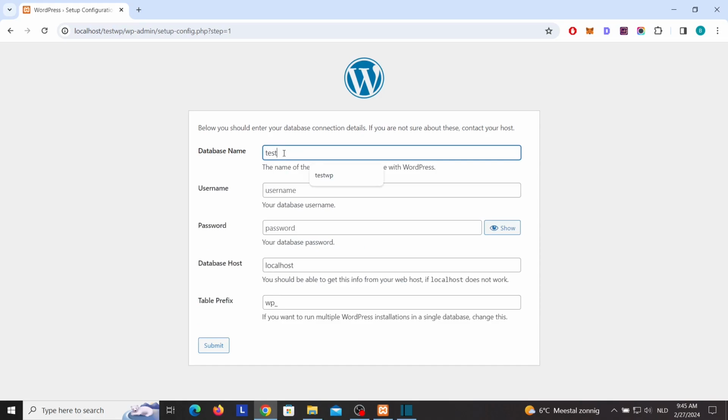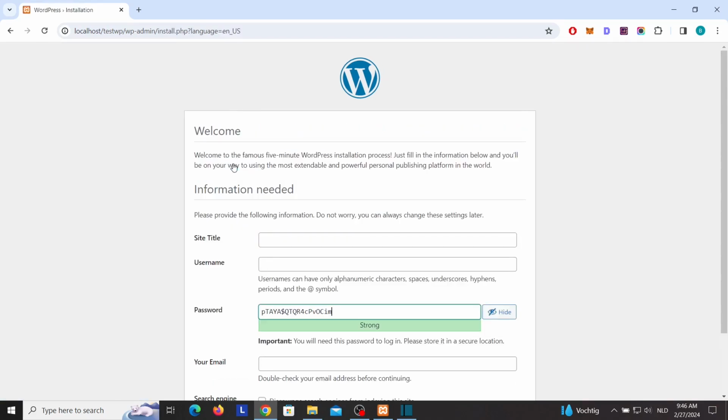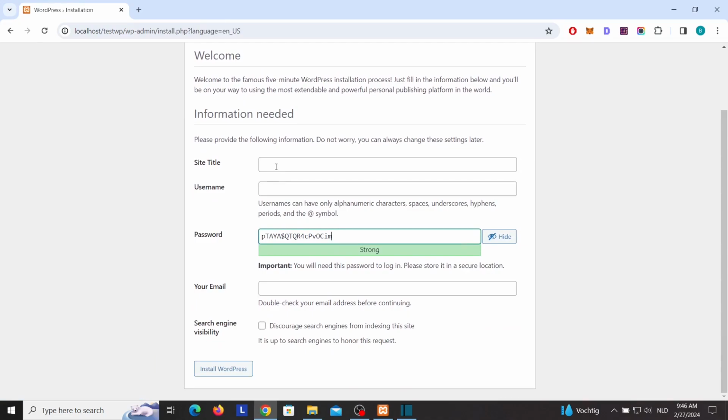That was testwp. Username. The standard username is root when you create a new database. Password. We didn't set a password, so we can leave this empty. Database host, localhost, table prefix, also fine. Submit. Run the installation. And then the last steps.